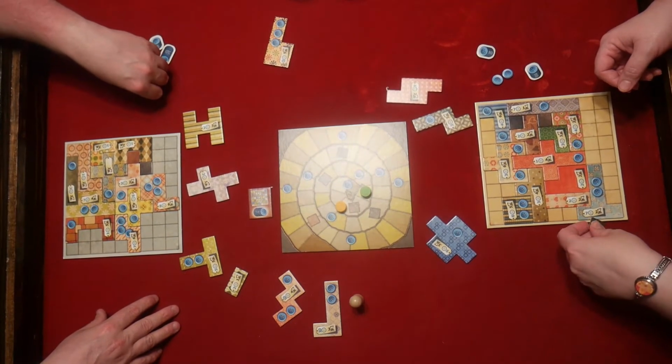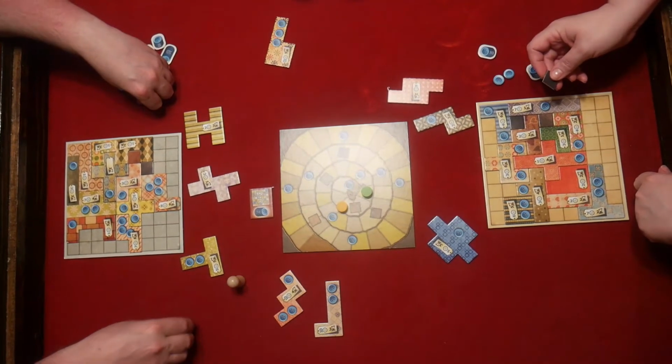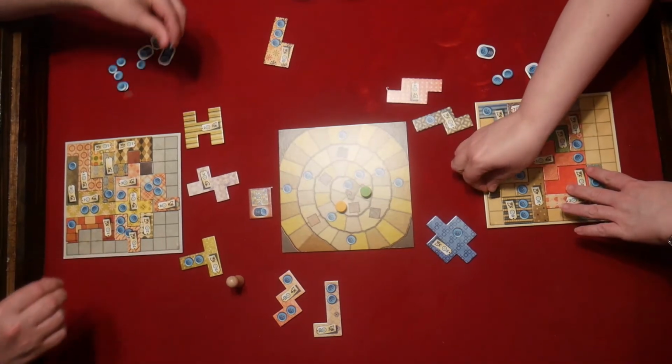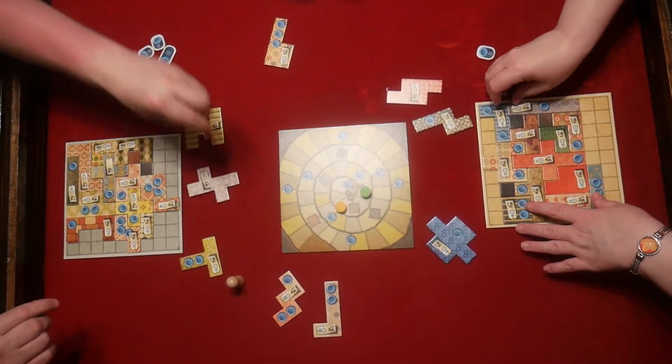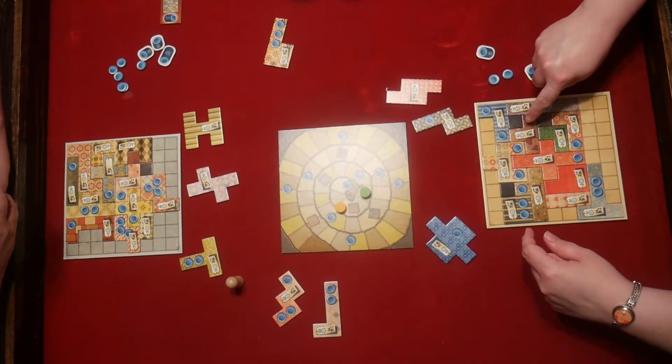Oh, I will pay 2 buttons. And I will take this. And that will finish off the 7x7. And now I have these points as well. Wait, 1, 2, 3,